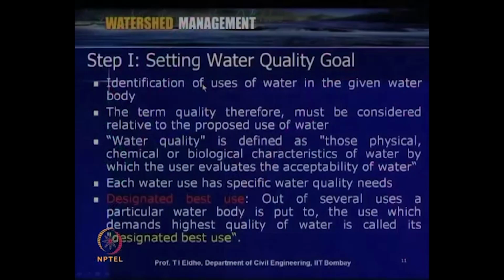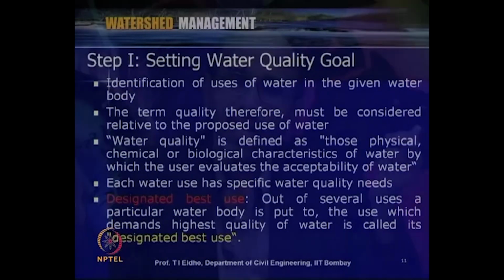So, first let us look into step number 1. Step number 1 is mainly setting the water quality goals. As we discussed, before going for any kind of activities related to water quality management, we have to set the goals. These goals we can derive based upon the international standards like World Health Organization or FAO norms or various norms. We can study all these things, depending upon the sources of water for specified usage, or according to what kind of intended use, we can set our goals.